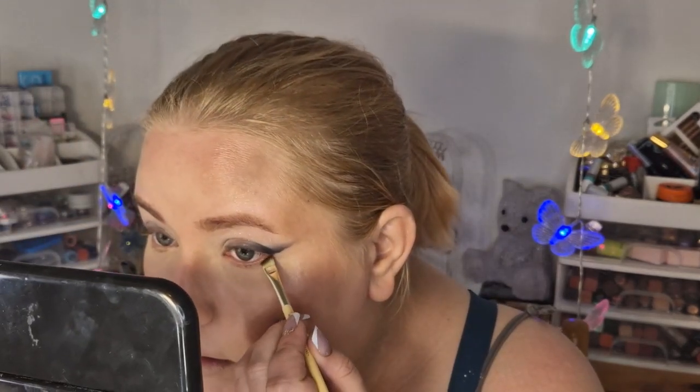And for the lower lash line, I'm just gonna put a dark gray, the second darkest shade we used. It's called First Man. So I'm just gonna take it halfway in. And then I'm gonna take the brush that I used, the lightest gray, and